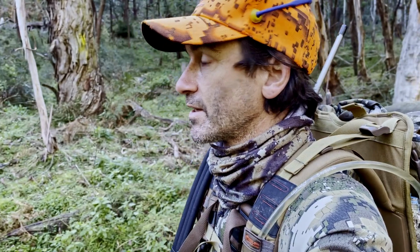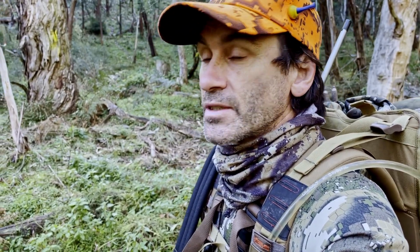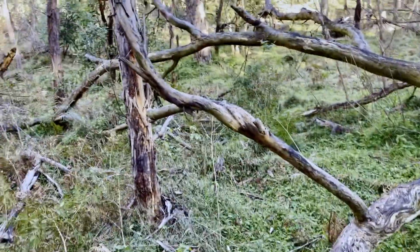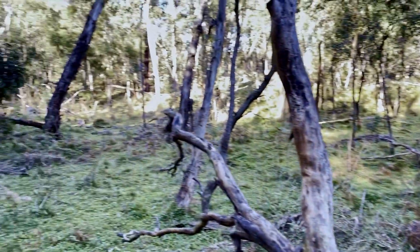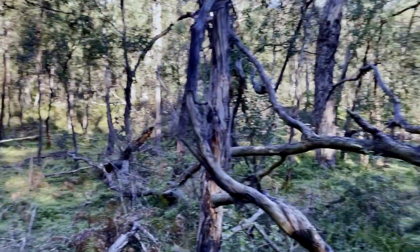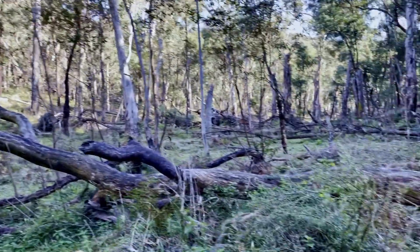Just getting down towards the tail end of the gully system now. It's starting to open up. I've just come down to a really nice green flat. That's where I've come from up there. I've just come down to this section. There's trails everywhere, and we've got